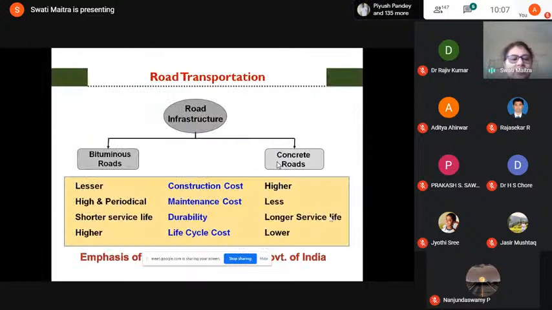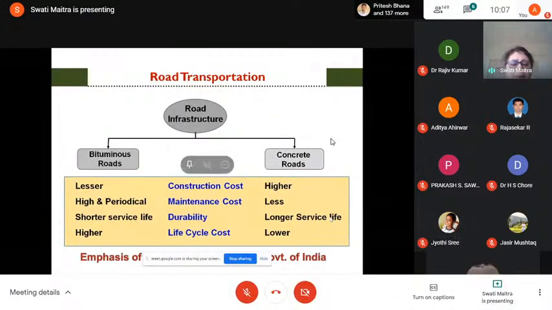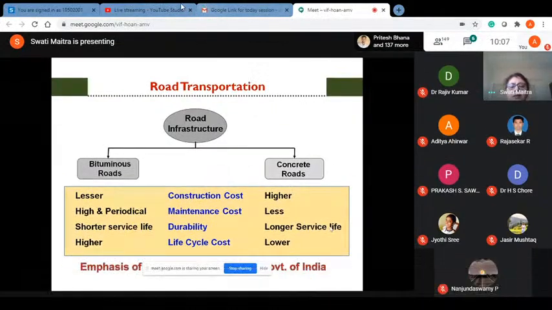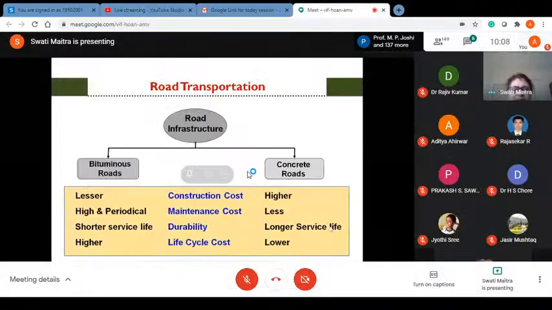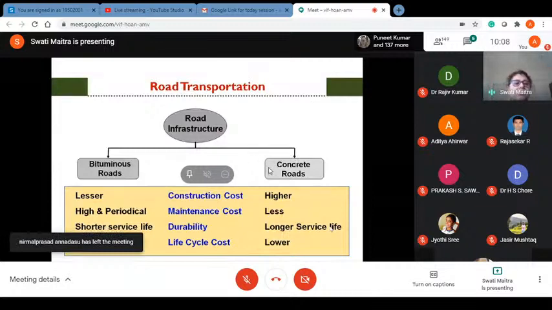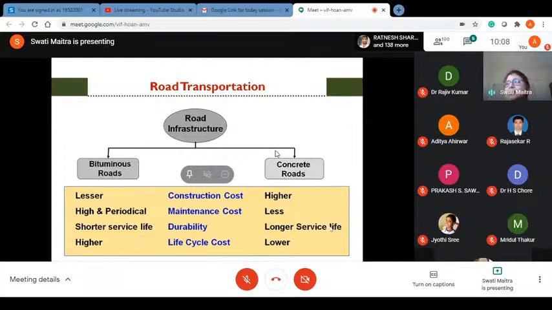Road transportation in recent times is a priority area in our country, and a lot of road development projects have been taken up by the central government as well as the state governments, like the PMGSY, recently the Bharatmala project, and several NHDP projects are coming up, and in all these projects